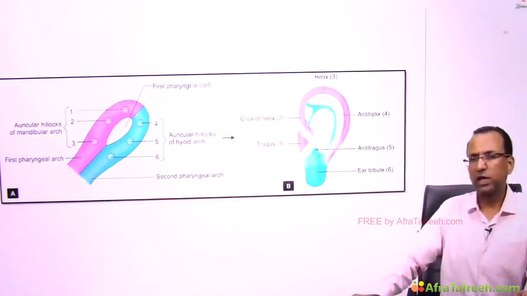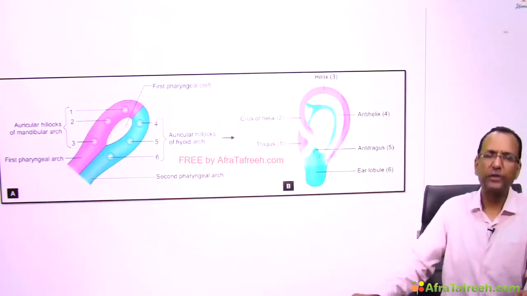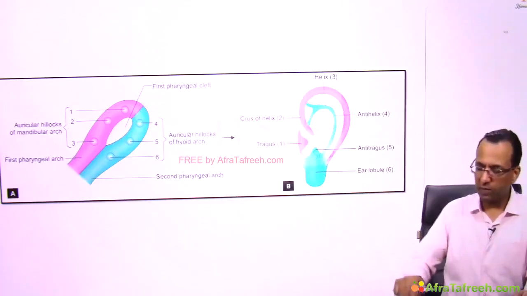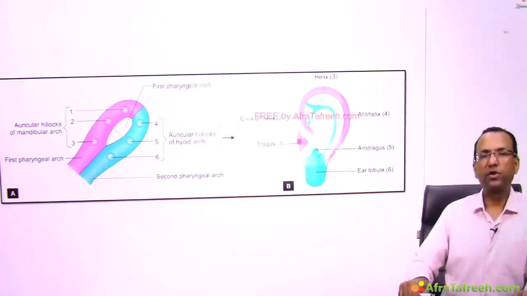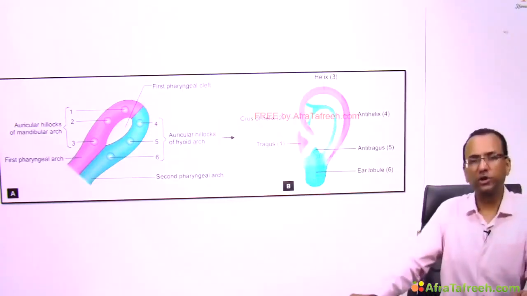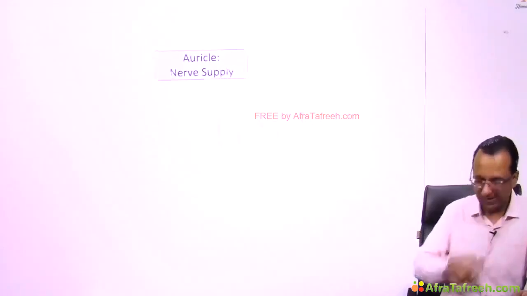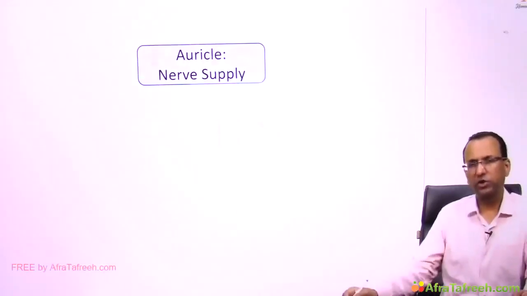There are 2 books and 2 concepts, but anyway, the point is, what the examiner is asking: how many hillocks? 6. Which arches are involved? 1, 2. Who is forming the tragus? First arch. Who is forming the lobule? Second arch. These are the questions. Now, as you talk about the auricle nerve supply, there are questions on that, and